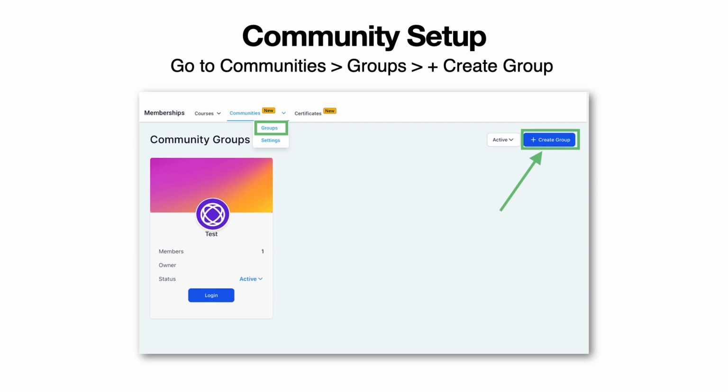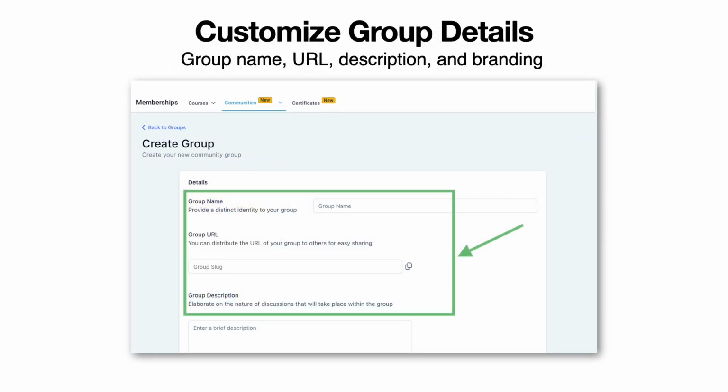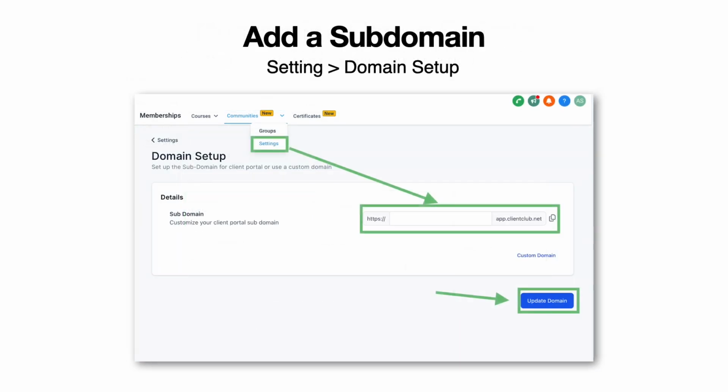Now for the community connection and setup. Go ahead and go to communities within that same upper navigation menu and click on groups, and now click plus create group. You're going to go ahead and customize all of those group details, the group name, the URL, the description, and the branding. Don't forget that you need to have a subdomain that's under settings and subdomains within the